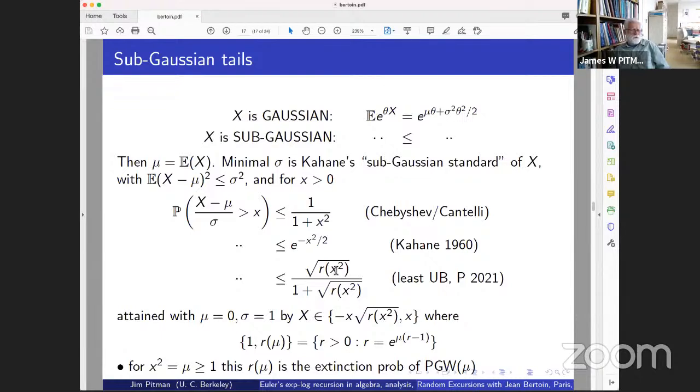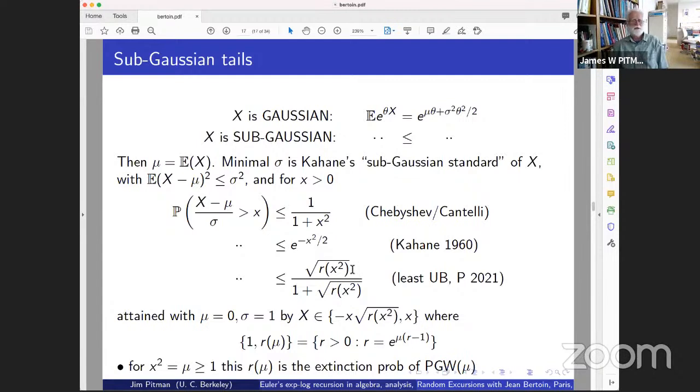And I have a question to this audience, which is, has anybody seen this fact in the literature? The easy fact is that there is a least upper bound, and the more challenging thing is to find it and understand what it is. I claim that the least upper bound is given by this formula, and it makes a very surprising connection between